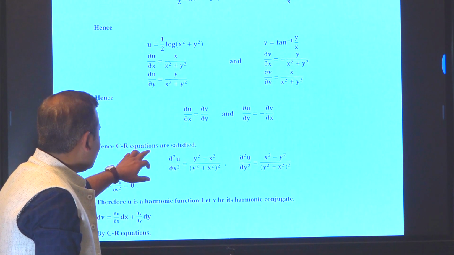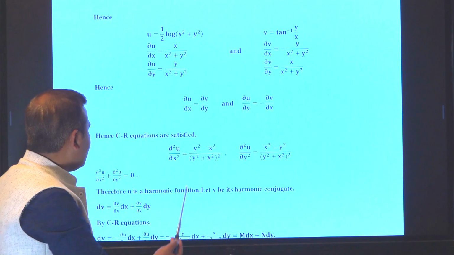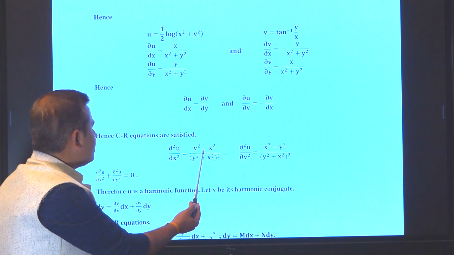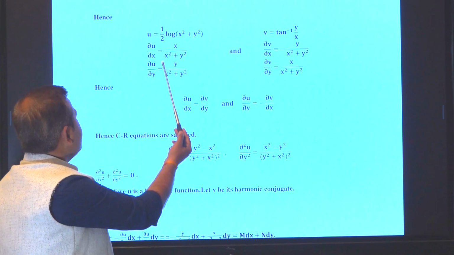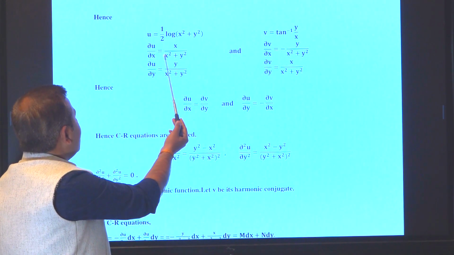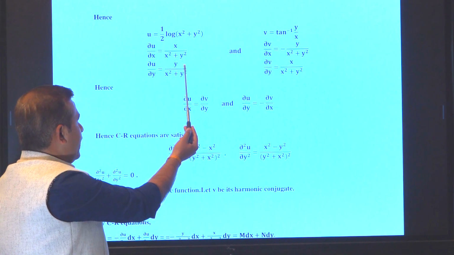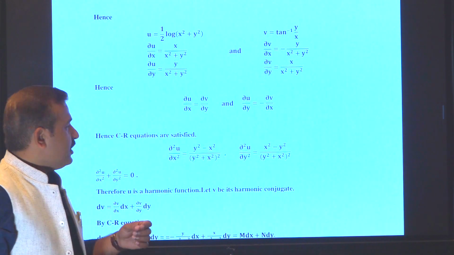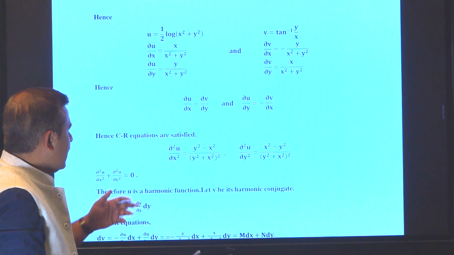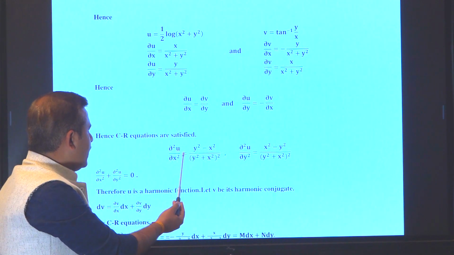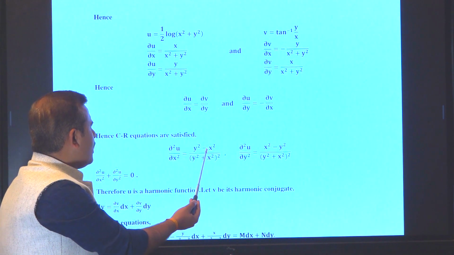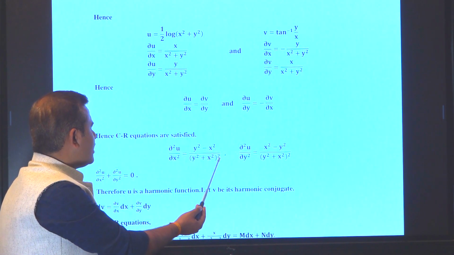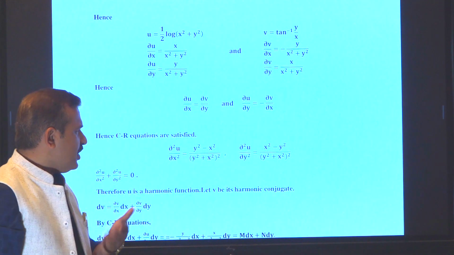Now come to another part, we differentiate again with respect to x, and it becomes (x² − y²) divided by (x² + y²) whole squared, because here ∂u/∂x is given as x divided by x² + y². Again differentiating partially with respect to x, ∂²u/∂x² is (y² − x²) divided by (y² + x²) whole squared, and by the same way